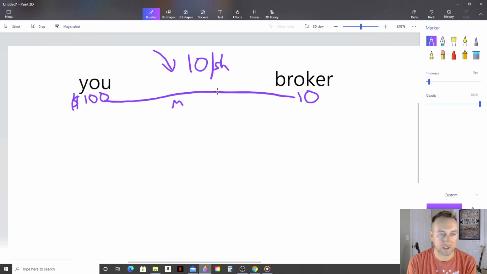Okay, so now you've shorted the stock. Now in theory, it's going to go down. Hopefully it goes down. If it goes up, you're losing money. Why is that? It's because you're going to have to give the shares back. Remember, you only borrowed the shares from the broker. You didn't buy them, you borrowed them. So you have to give them back. You borrowed the shares, sold them in the market for $10 a piece, and received your $100. Now you want to buy to cover.